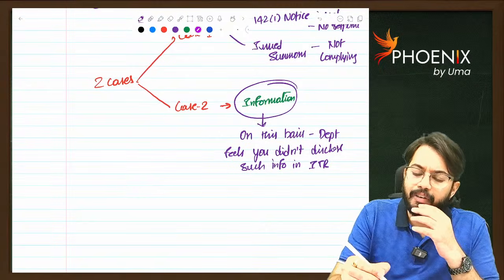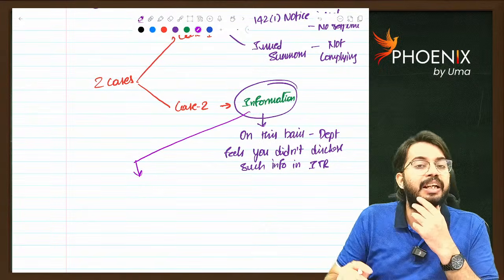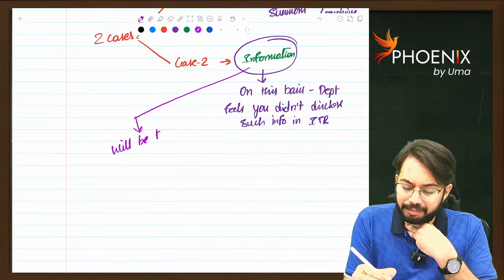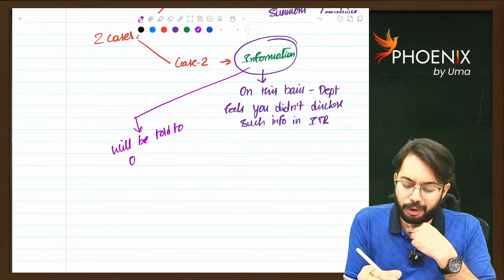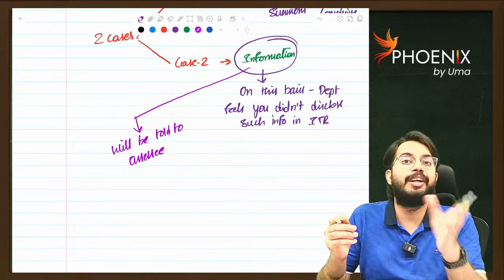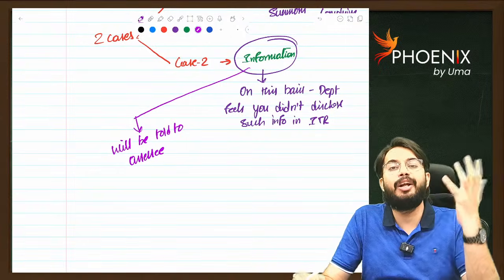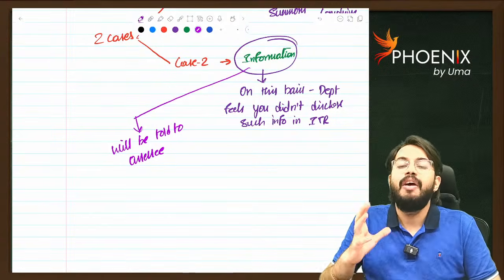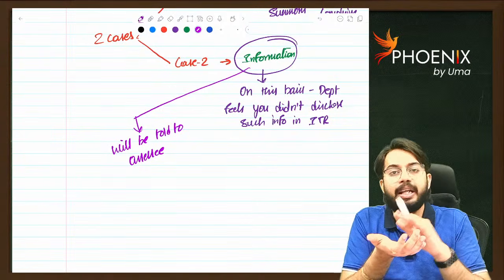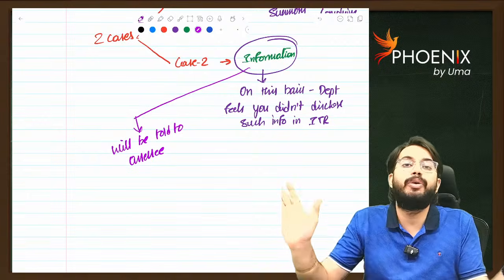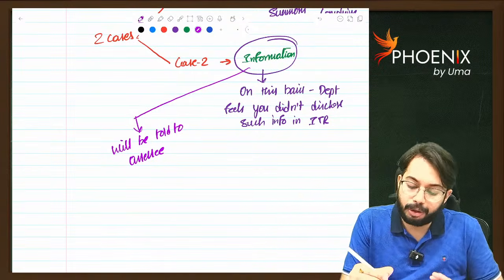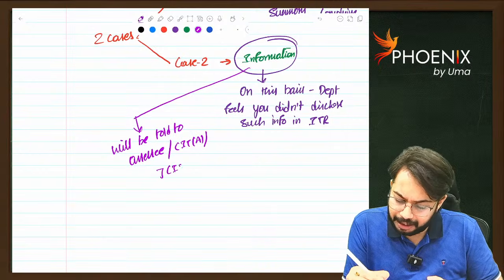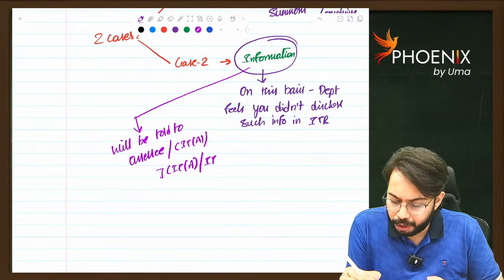Now, you will get one doubt. Sir, the department has this information. Now, whether this information will be told to SSC. If this information is told to SSC, then SSC can influence the search. SSC can tell a top-notch officer and he can somehow influence the search. So whatever information the department has will never be told to any person. It will not be told to SSC. It will not be told to CIT appeals or JCIT appeals. It will also not be told to ITAT.